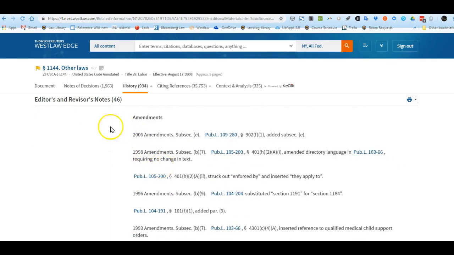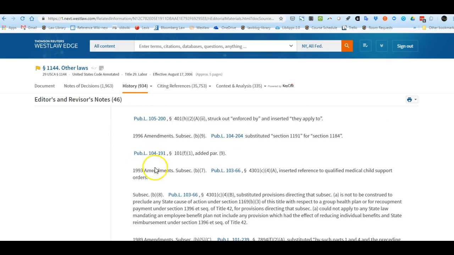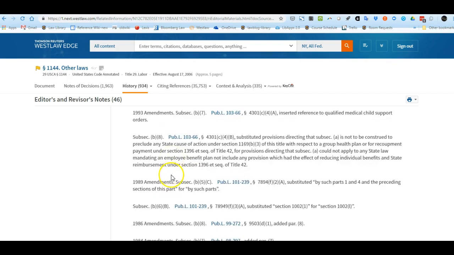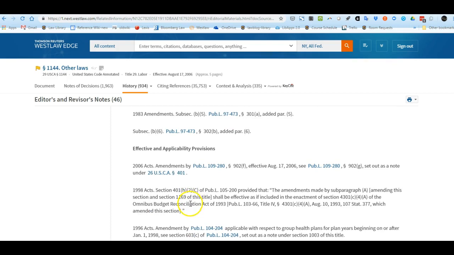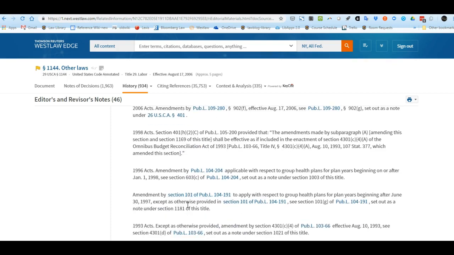You need to scroll down to where you see amendments, and then each public law is what it did for your section, or the section we're looking at, 1144. It describes how that public law changed section 1144. So rather than looking at a dozen or so public laws, this can help you narrow it down. If you don't see anything of your language here, then you probably want to look at the original enacting